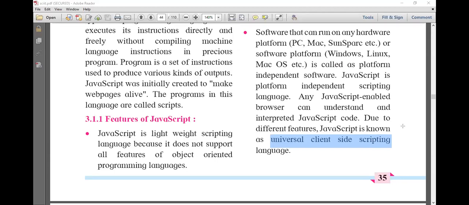Okay, so these are the different features which we have studied in JavaScript. We will see again step by step what the different features of JavaScript are. In this first point, now you tell me, what is the main thing we have to note? What is the main point we have to underline so that the examiner will find that you have knowledge of the feature? Just tell me in one word.